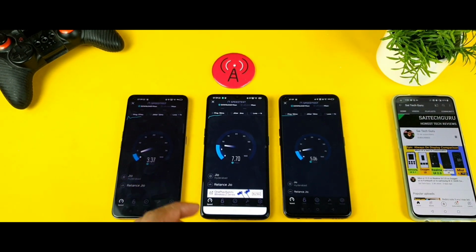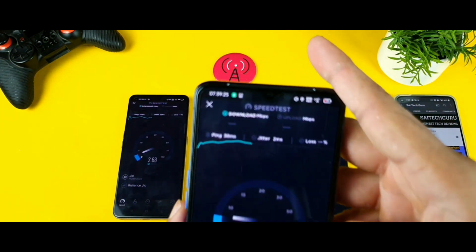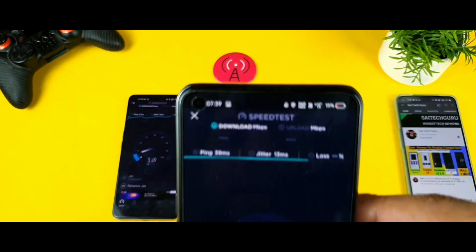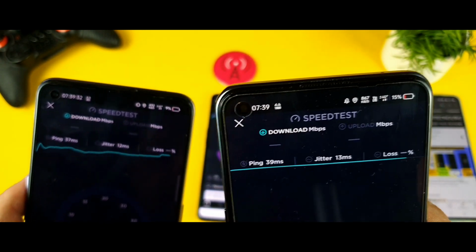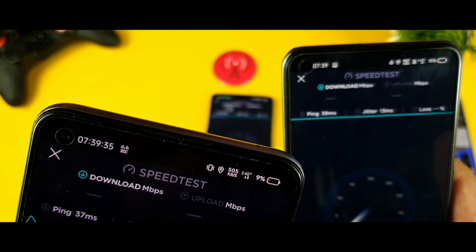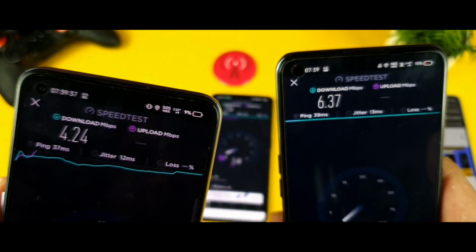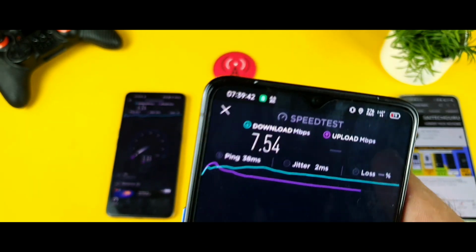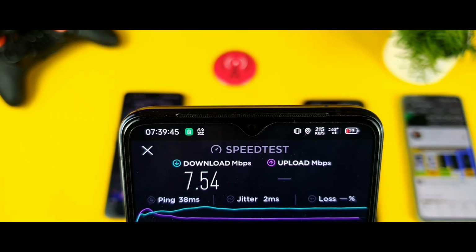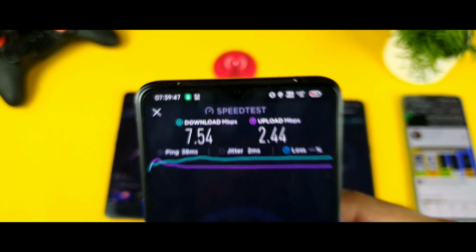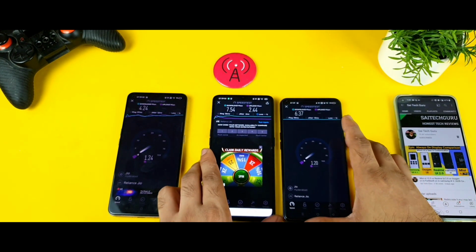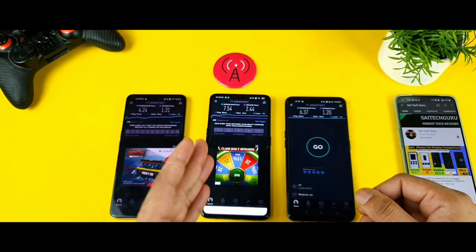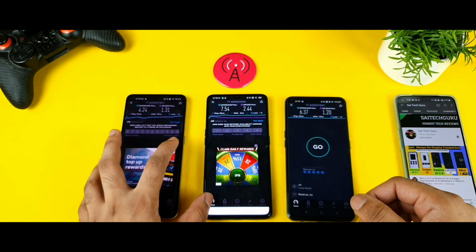As you can see, friends, right now I'm getting slightly better speeds on the Realme X2 Pro because it has got 3CC. So 3CC I'm getting here, and in the Realme X1 Max I'm getting 1800. In the Realme X1 Pro I'm getting 2CC. As you can see, 2CC in the X1 Pro, and in the X2 Pro I'm getting 3CC. Now it became 2CC as well, as you can see. That is something I thought of mentioning overall. But the first speed test results clearly prove that the Realme X2 Pro has got slightly better speeds. As you can see, friends, this is test number 1 which we did right now.